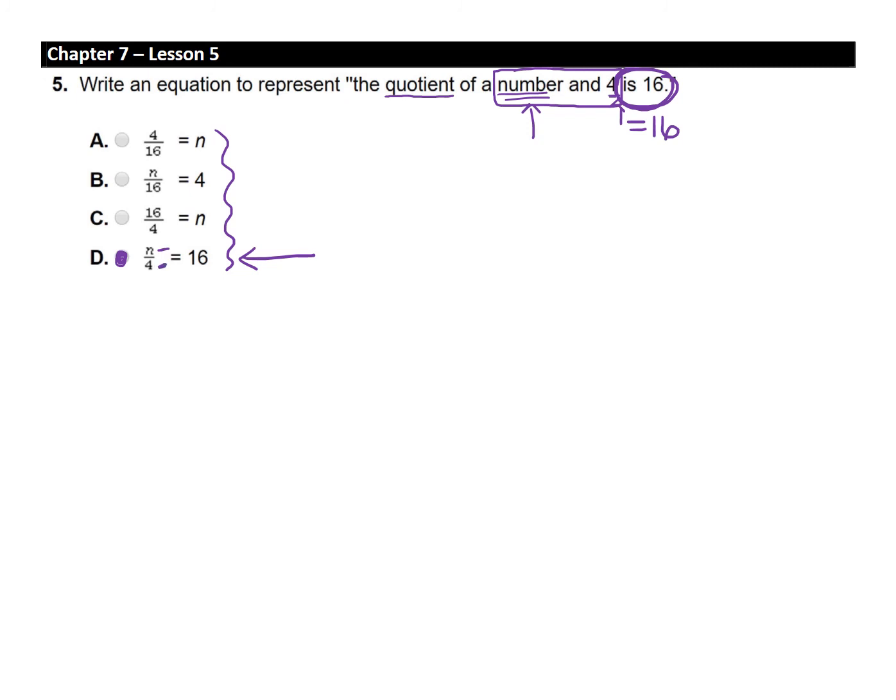So word problems like this are a little tricky sometimes because you're thinking the quotient is the answer, and it's a number and 4 and it equals 16. But look for key words that can help you eliminate some of the choices like I did here. Is 16. Well, this one is a number. The B says is 4, and this says is a number. So you can tell that the only choice is